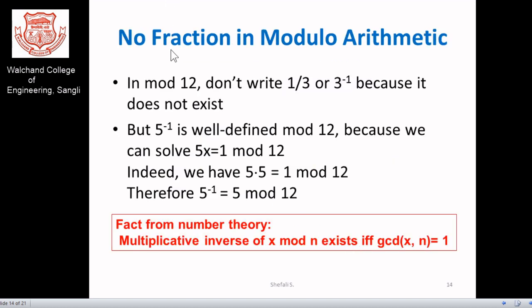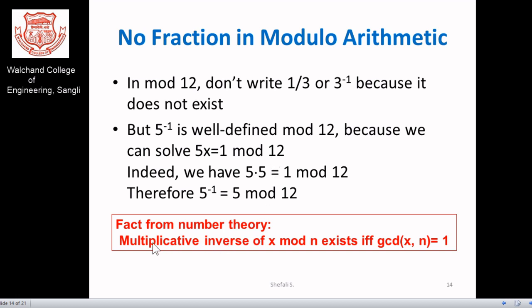So whenever we need to find fractions in mod 12 arithmetic, we are not able to write 1 by 3 or 3 inverse, because 3 inverse does not exist. But consider the existence of 5 inverse, for example 5 multiplied by something, mod 12. 5 and 12 are relatively prime.